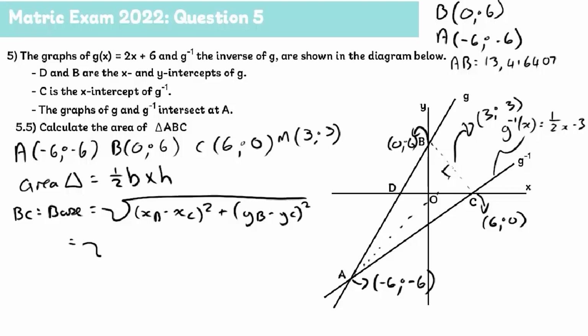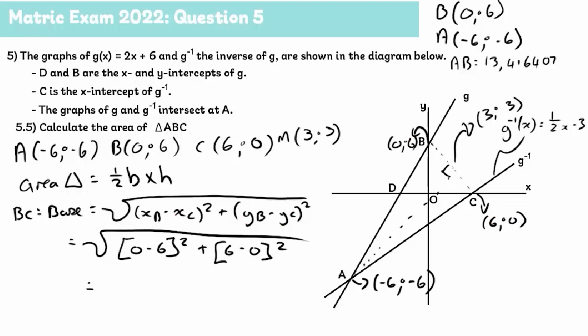That'll equal (0 − 6) squared, plus (6 − 0) squared. That comes to the square root of 72. Therefore, the base, or BC, is equal to